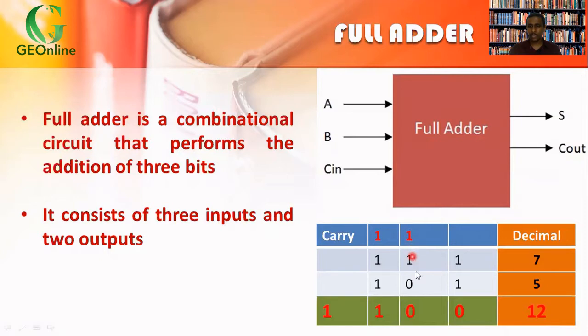1 plus 1 plus 0, that is 1 plus 1, 1 0. Therefore 0 here and 1 as carry. 1 plus 1 plus 1: 1 plus 1 is 1 0, plus 1 is 1 1. So our result is 1 1 0 0, that is 8 plus 4, 12. So if we consider this position, we have to add 3 inputs: the carry input and the digits 1 and 0. So we need 3 inputs, but a half adder cannot add this because we have only 2 inputs in a half adder. So we are using a full adder.